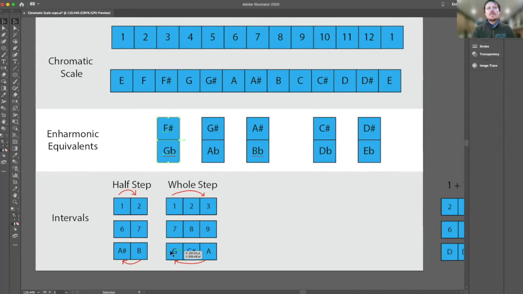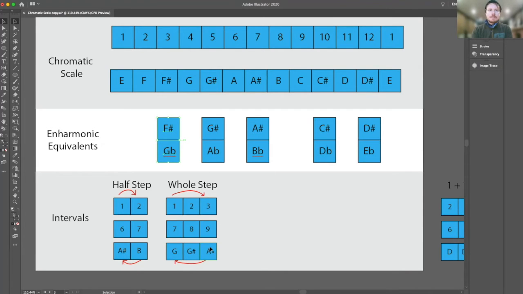And so here at the bottom, I've got letter values, so you can see the same thing applies. So going G to A or C to A sharp, that's a whole step, because there are 3 total blocks and you are moving